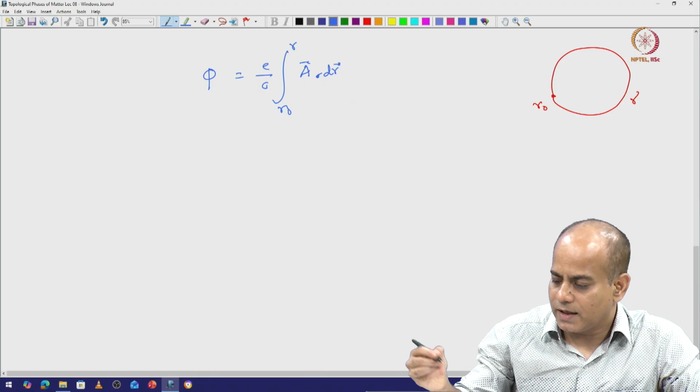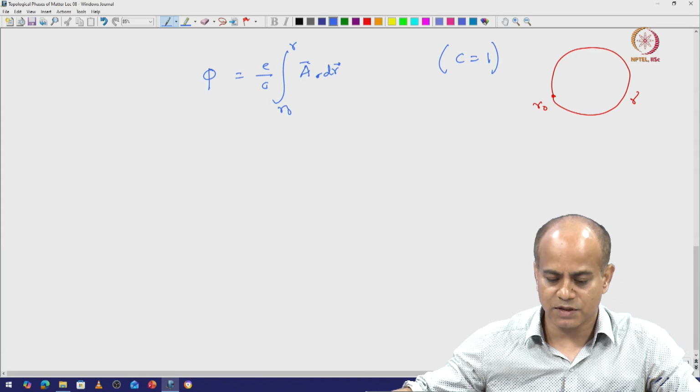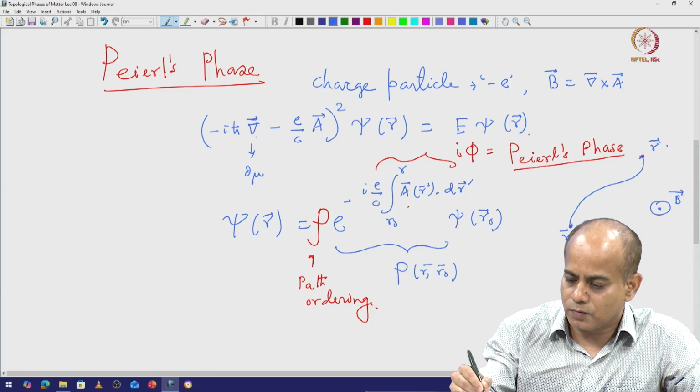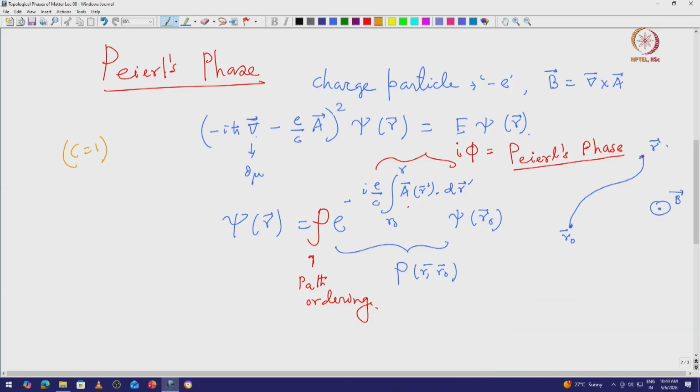Okay. And let us take C equal to 1 for simplicity. Let us also put C equal to 1, and so then what we will have